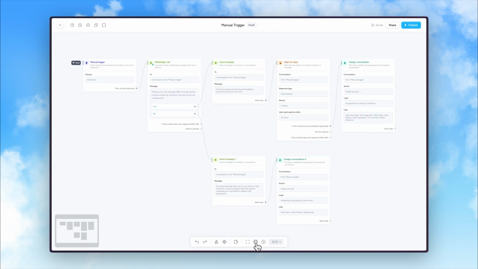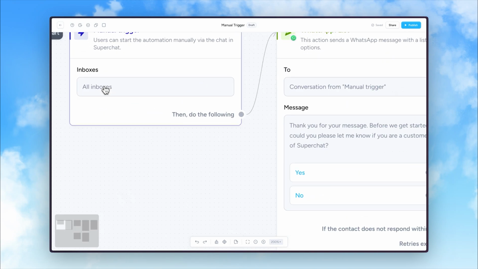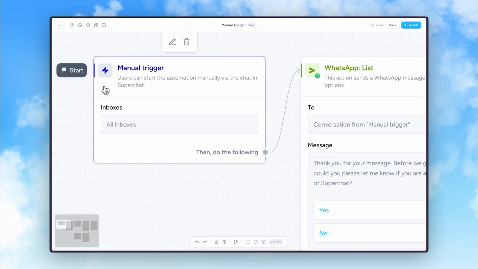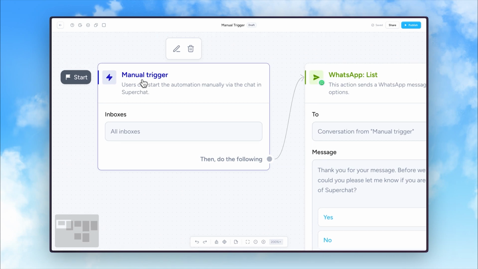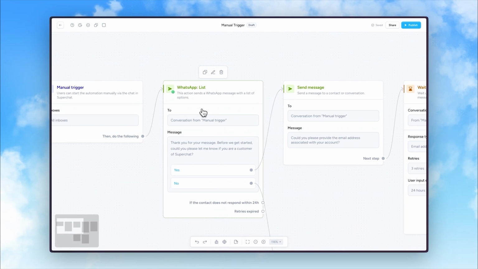Down here we can already see an automation with the manual trigger. Now if I zoom in here, you can see the manual trigger in action. Basically, this allows you to manually trigger automations from the unified inbox. In the chat controller of the unified inbox, you will see a new flash icon, and from there you can build, in our no-code automation builder, marketing sequences or complete chat flows